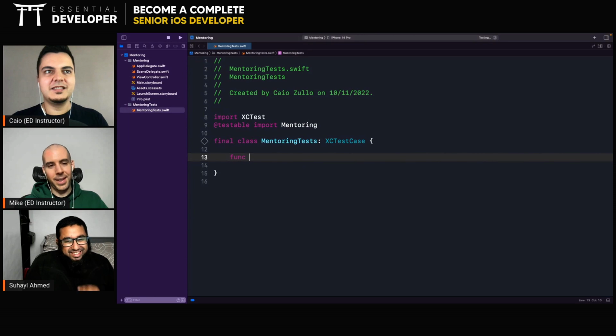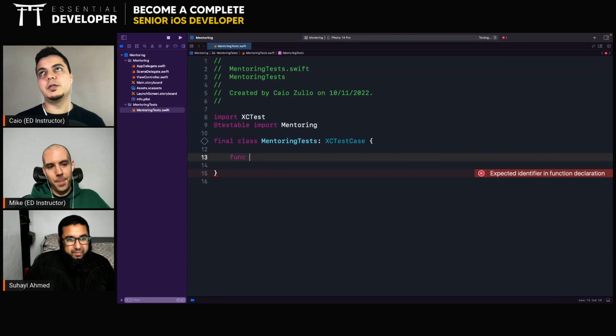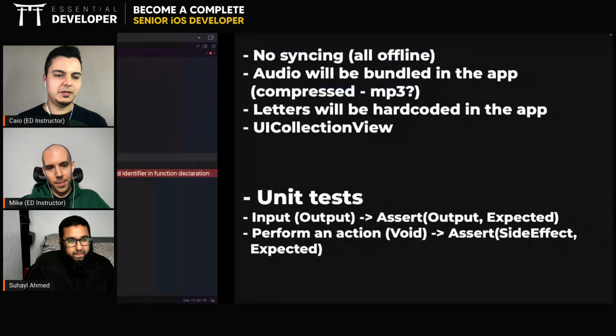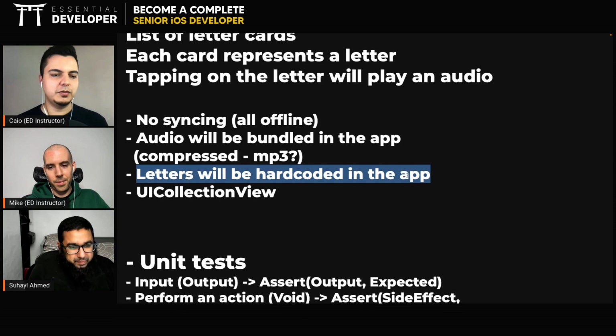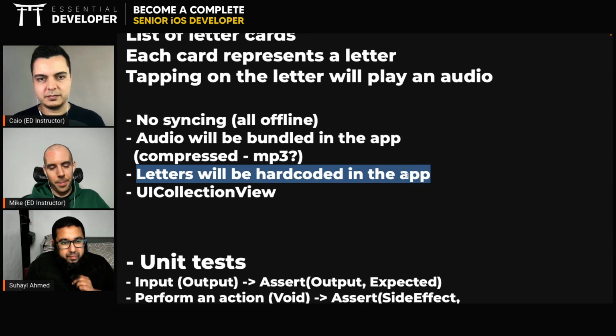Because we can think, will the view controller have the hard-coded data, or are we going to pass the data to the view controller? It's a decision we need to make now, right? So we're saying that the letters will be hard-coded in the app. But where would it be hard-coded? Inside the view controller? Or is this some data we pass to the view controller? This is the kind of decision we start making now as we are designing our system. Yeah, it makes sense that we'd be passing it into the view controller. Right. Okay.